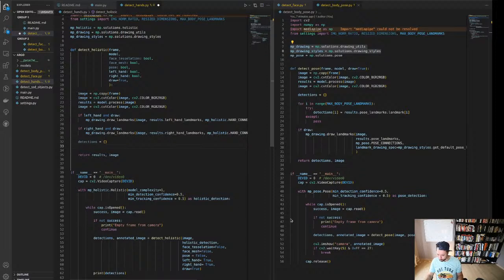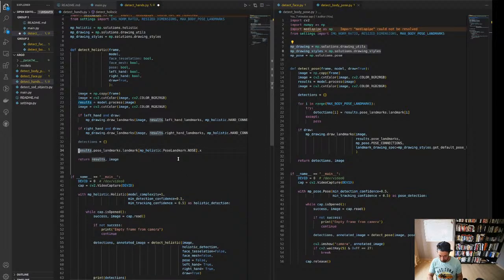So it's results.pose_landmarks.landmark, mp_holistic.PoseLandmark.NOSE, for example. So it's something like that. Dot x. I want to print this. So for example, nose x equals